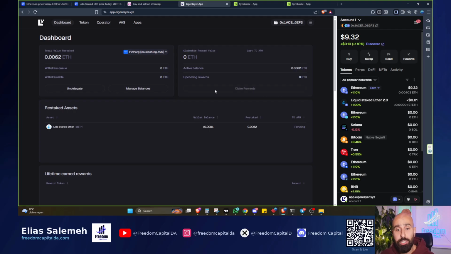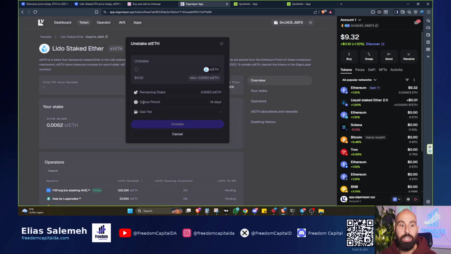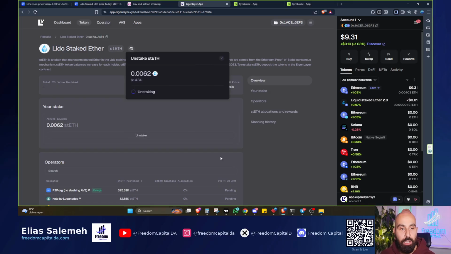One thing that you need to know as well, that if you want to unstake your tokens, it will take much longer than normal unstaking. So how do you basically do that? So you go into the specific token that you have restaked, and you click on unstake. If you want to, here you go. You have a queue period of 14 days to unstake your restake basically. So you click on the total amount that you would like to unstake, and then you click on unstake